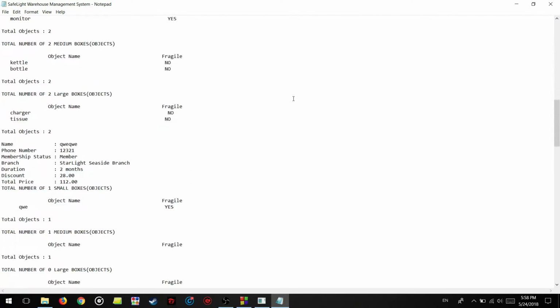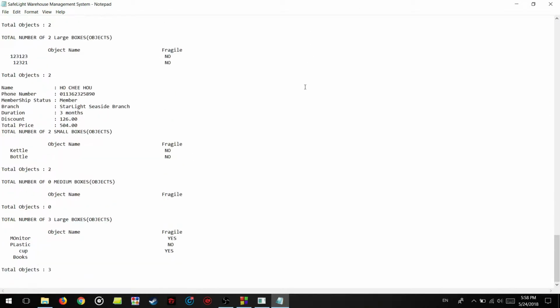Oh, so this is what we entered just now. The bottom one: my name, my phone number, my membership status. I had registered to be a member. So the branch I chose, Seaside, 3 months from February to May, and the courses is